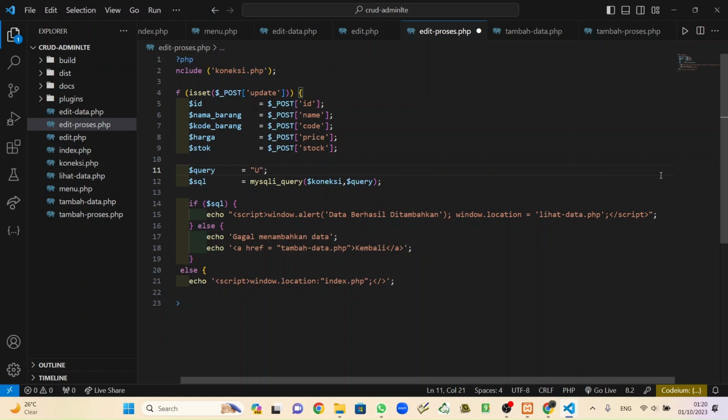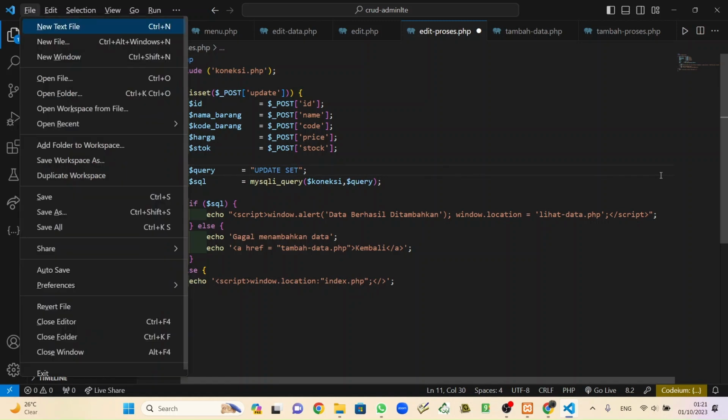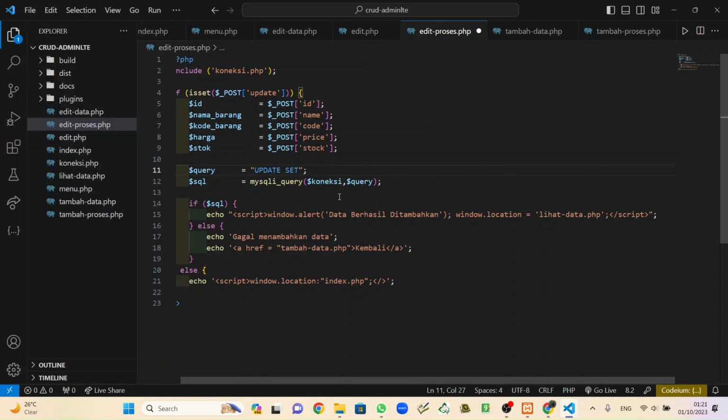Update, set, updates, no. Update barang set nama barang is the same as the variable nama barang, and also kode barang is the same as the variable kode barang.